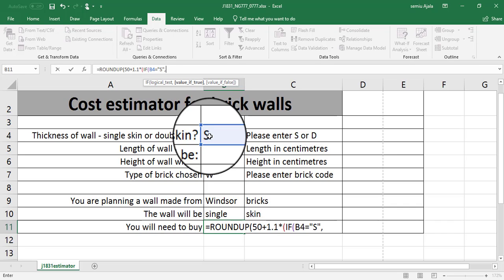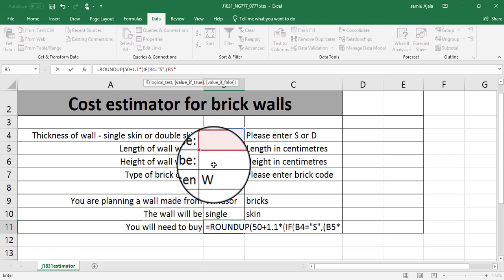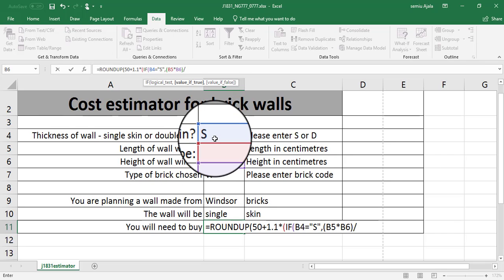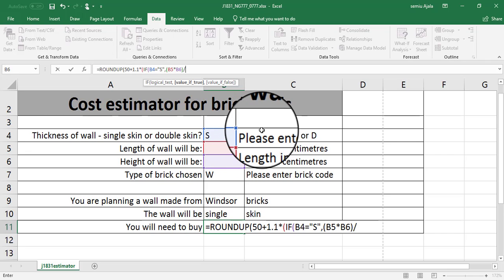The formula to be used will be B5 multiplied by B6, divided by face area. So how do I get the face area? I'm going to look up this table to get the face area. That would be divided by